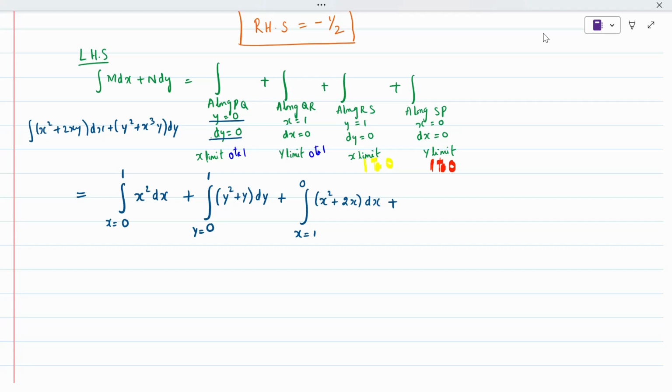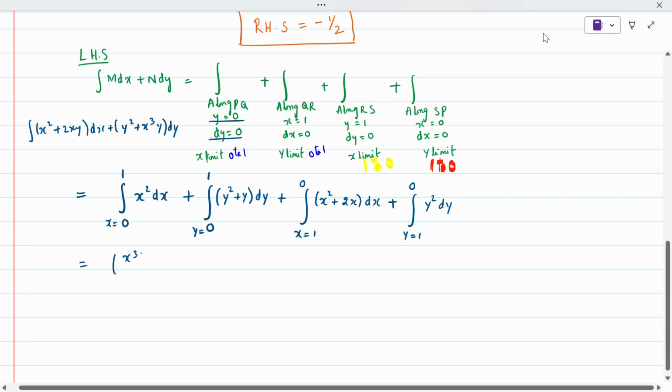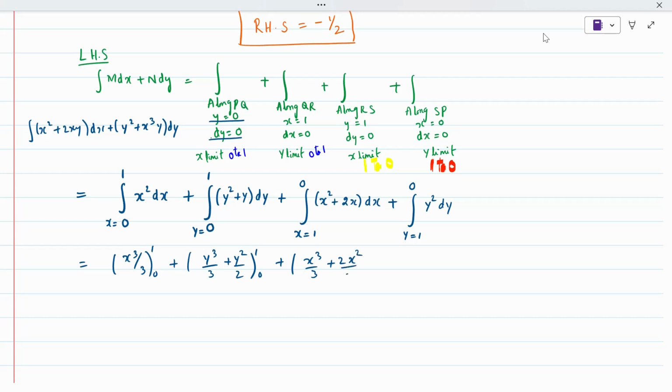Same way, last limit y equal to 1 to 0. So in this dx is 0, fully 0. X also 0, this fully 0. So y squared dy. So it's easy, no? In single line itself everything you can write. Now integrate it. X cube by 3, 0 to 1, plus y cube by 3 plus y squared by 2, 0 to 1, plus next x cube by 3 plus 2x squared by 2,